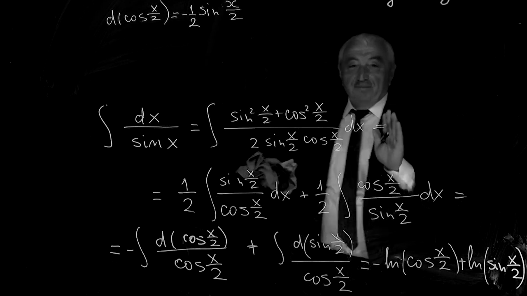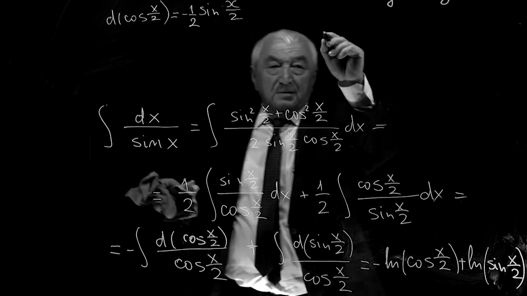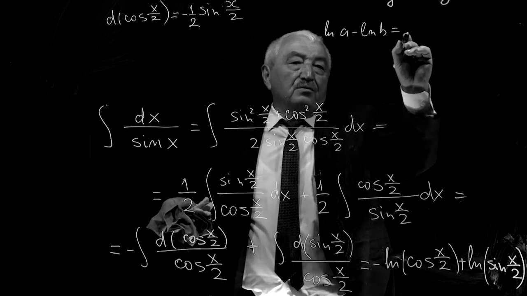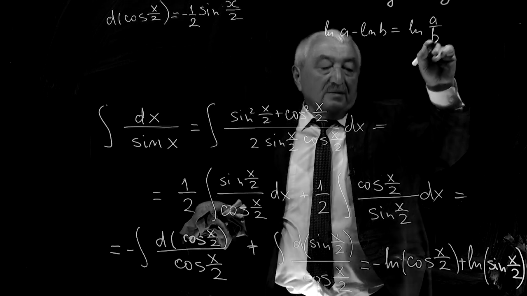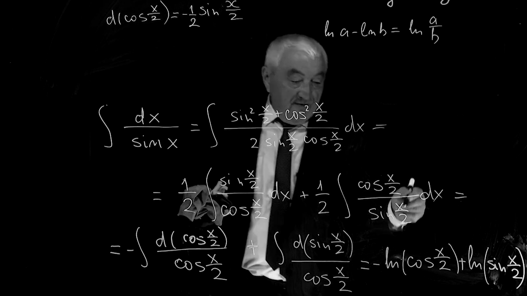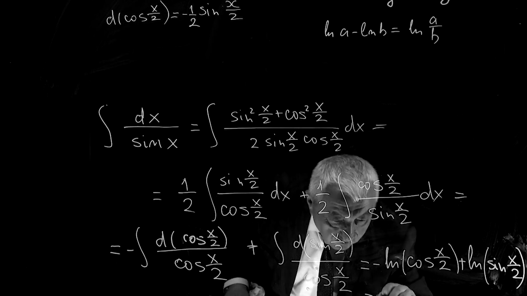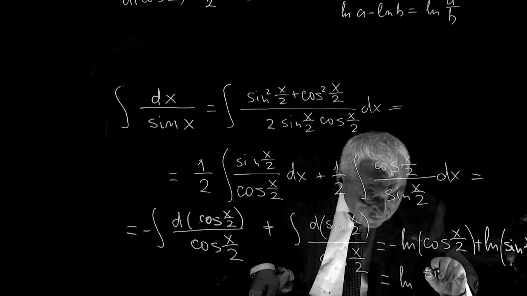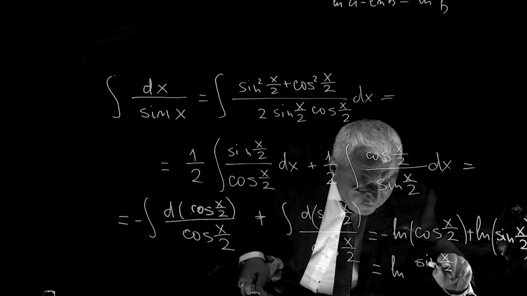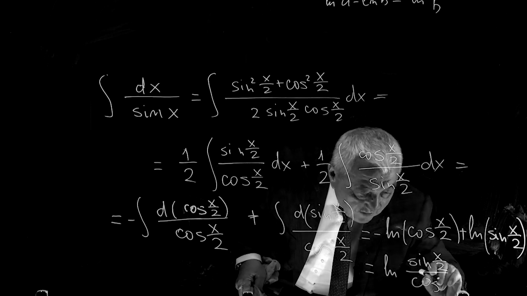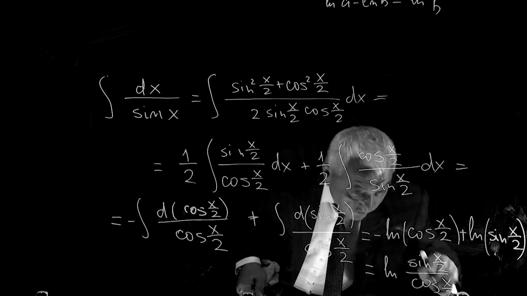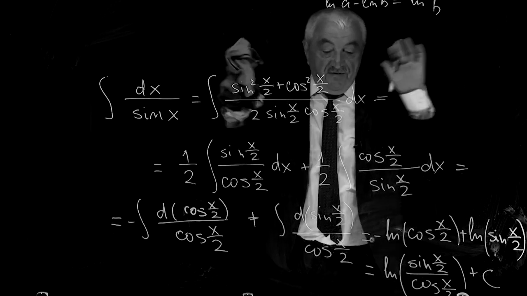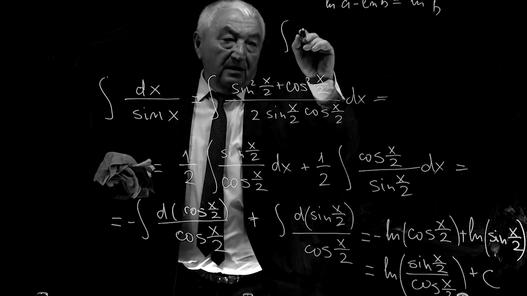And the properties of logarithmic functions: logarithm a minus logarithm b, as you know, is logarithm a divided by b. If you use these properties, we have logarithm of sine x divided by 2 divided by cosine x divided by 2. That is all, logarithm plus constant, and finally the integral dx